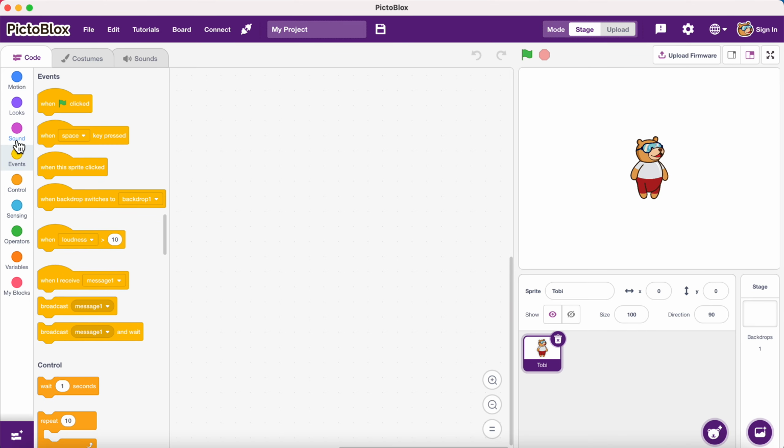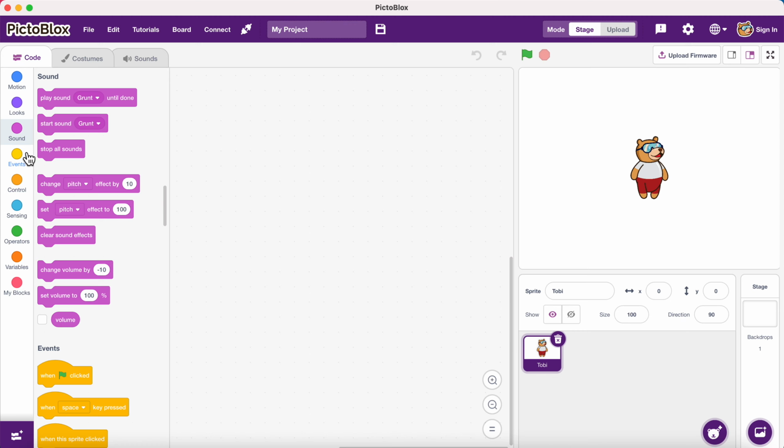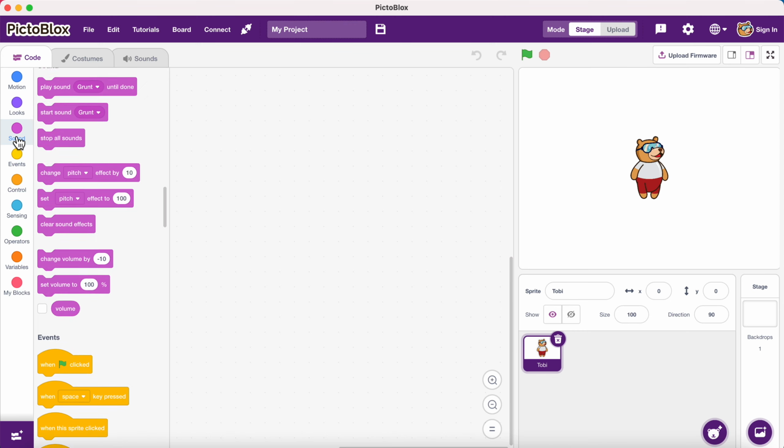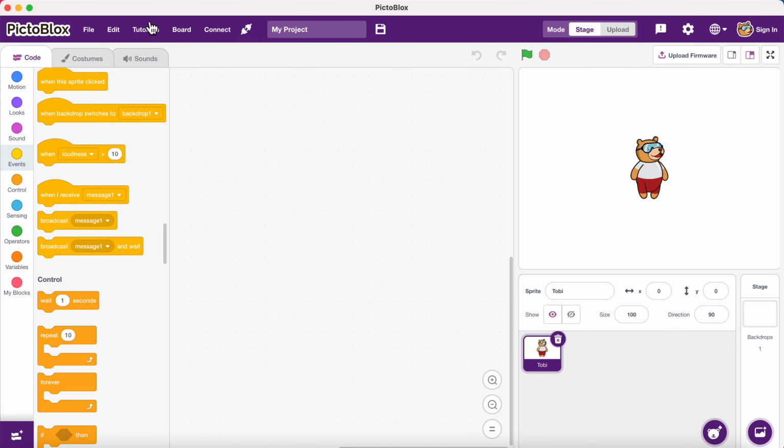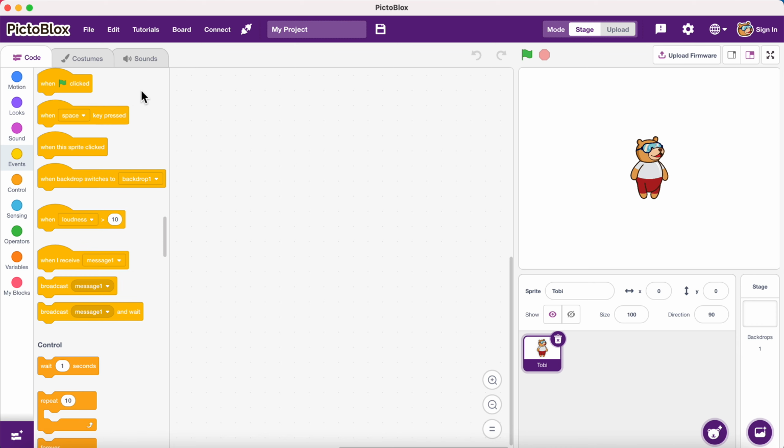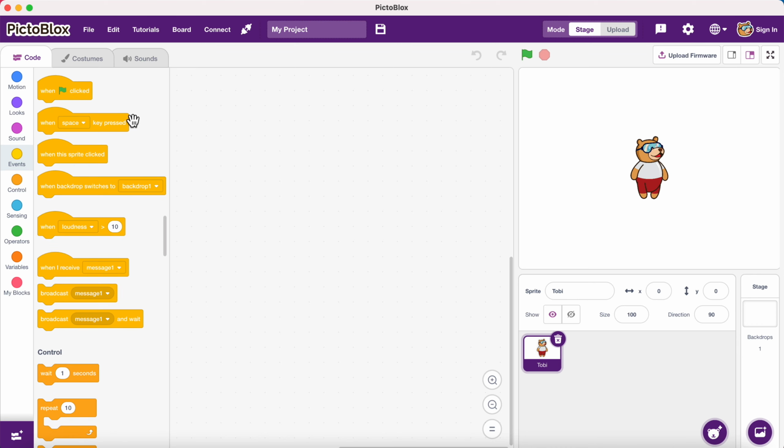So this is part 2 of learning the blocks. We're going to be learning sound and events. And event is the most important block for coding. Alright, so before we